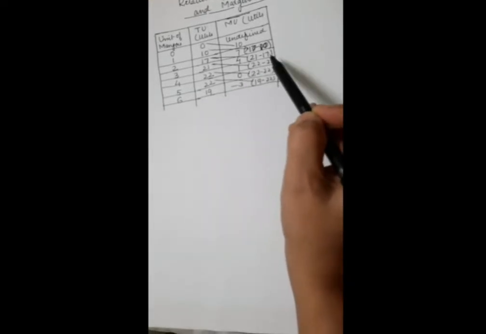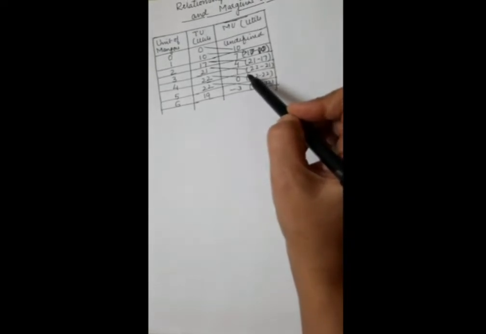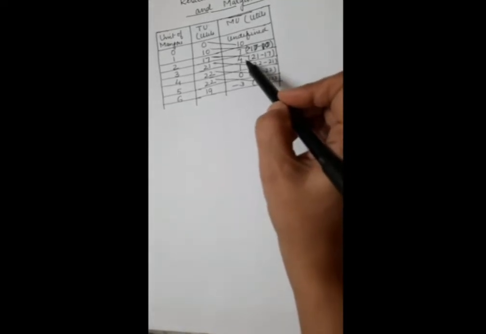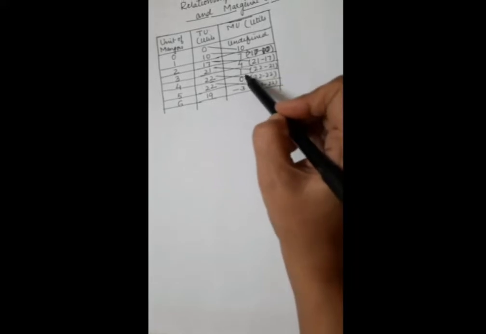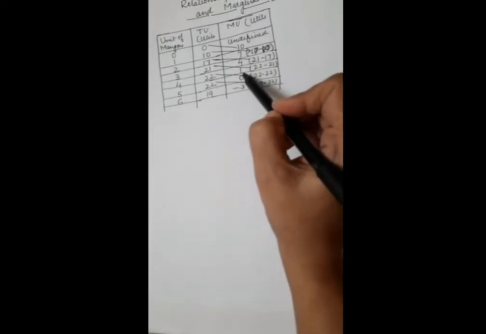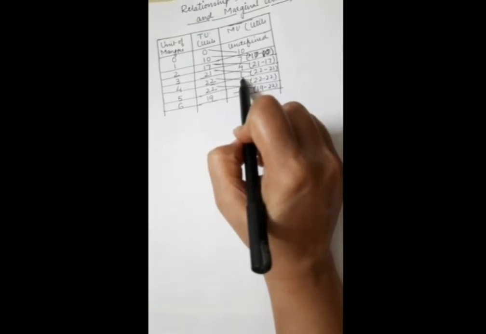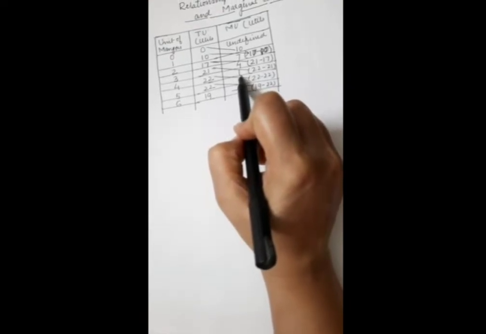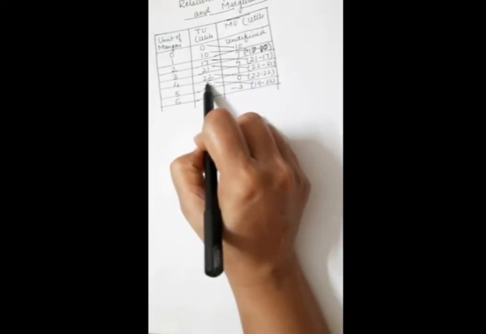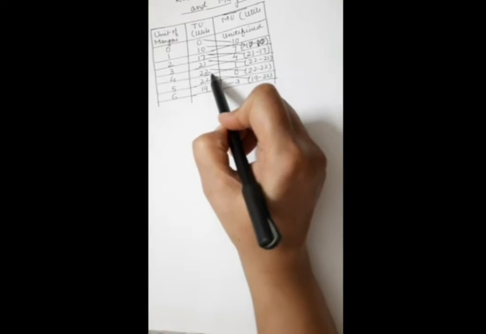The relationship is that as long as marginal utility is positive, the total utility is increasing. I repeat, as long as marginal utility is positive, the total utility is increasing. You can see it over here till the fourth unit. Till the fourth unit, the marginal is positive, the minimum value of MU being 1. This is the first relationship: as long as marginal is positive, the total will increase, right?